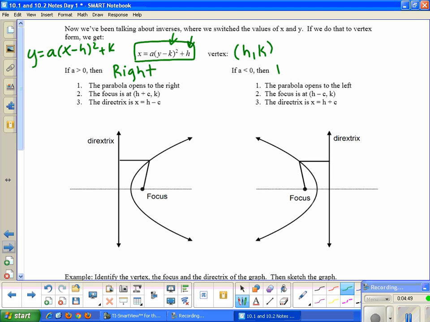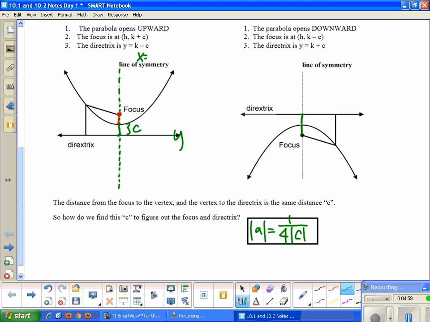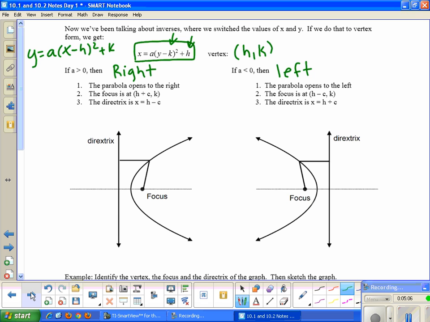And when it's less than 0, it opens to the left. Now, notice that instead of having a directrix like we had over here, which is going to be y equals some number, for these graphs the directrix is vertical, so it's going to be x equals. And this distance from here to here is the same as the distance from here to here,